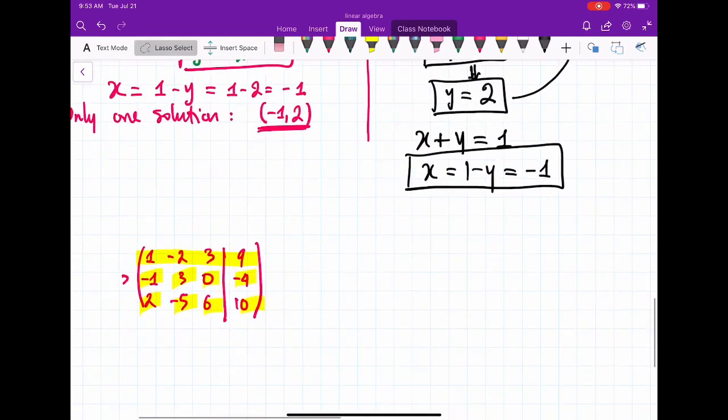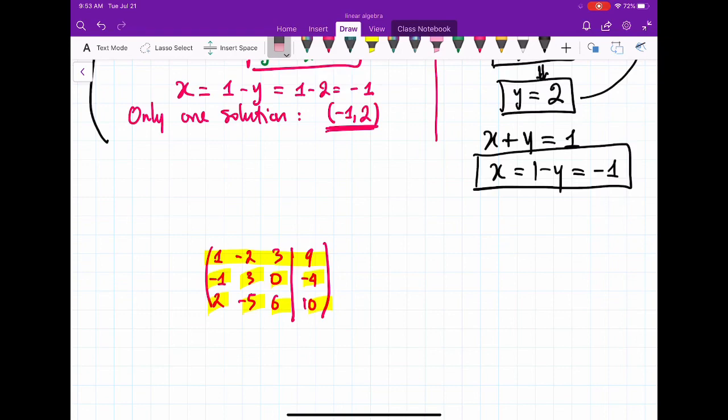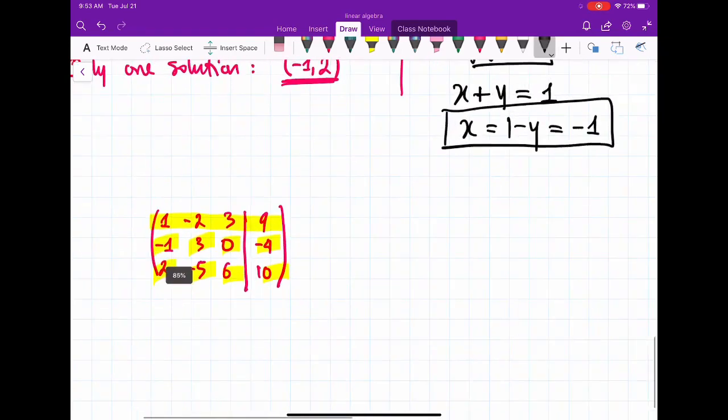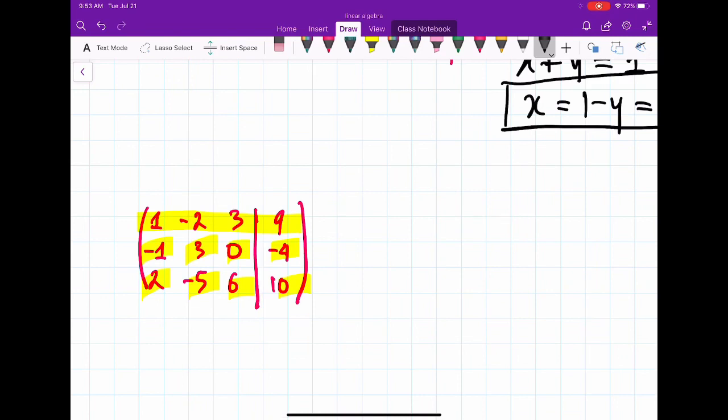All right, let's solve this system. Now, I will fix the first row, okay? We fix the first row, and as we have seen, we need to make all entries right here equal to 0, because we want to eliminate the x, right? So the x in the second and the third equation. Agree? Don't forget, the first column is the coefficients of x, this is the coefficients of y, this is the coefficients of z, and this is the free variable, so I denote it by b. Okay,